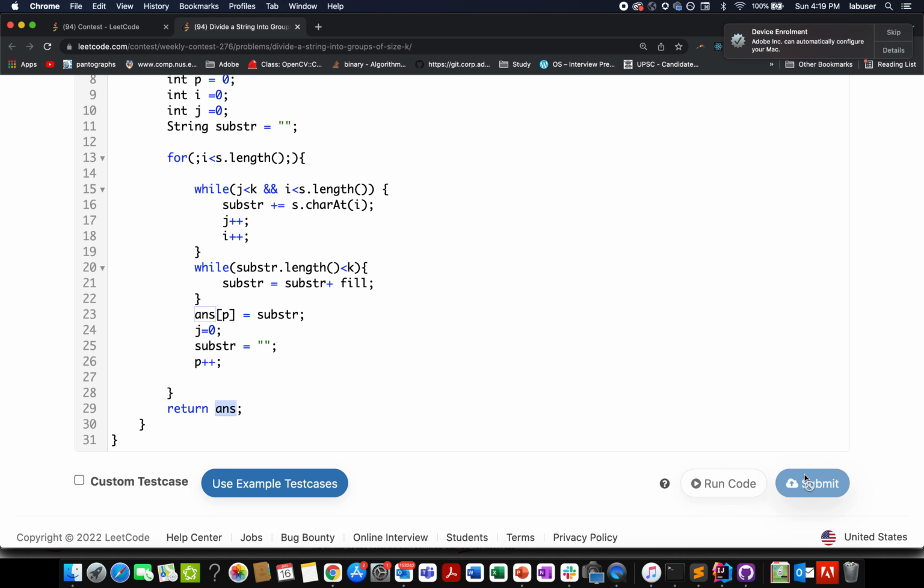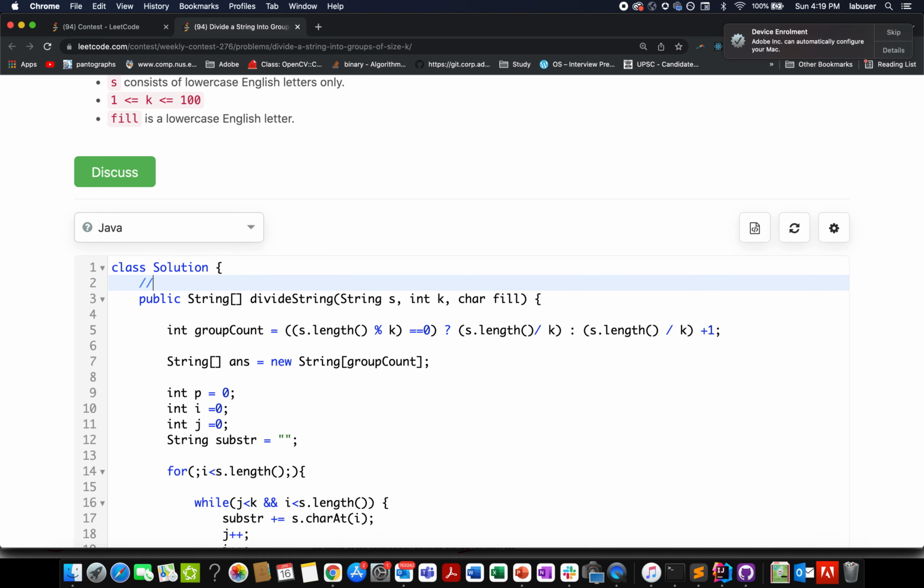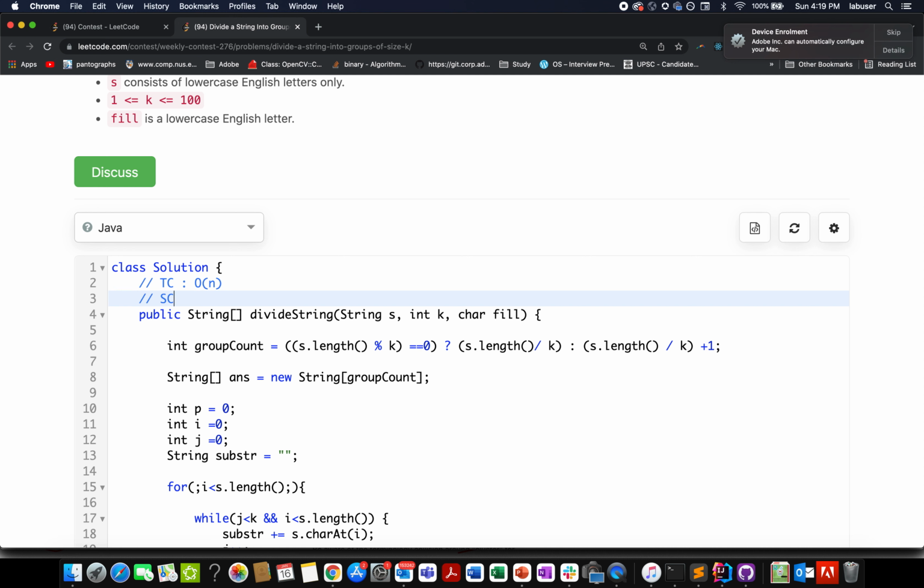Once I'm done with the iteration, that means I've appropriately built my answer result. And let's try and submit this. Accepted. The time complexity of this approach is order of n, and space complexity is constant space. We are not using any extra space for building the answer, apart from building the final result here. So if you want to include this as part of your space complexity, then you can say the number of groups that are going to be formed, or you can say the length of the input string. So that's up to you, as per you and your interviewer converge on a common thought process.